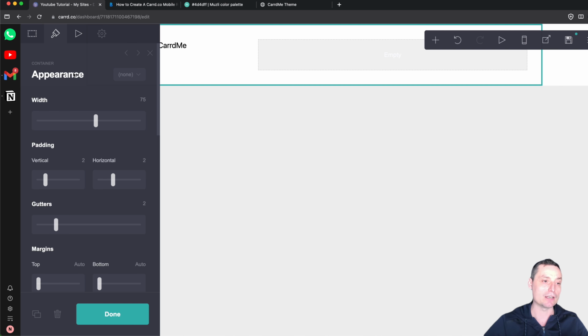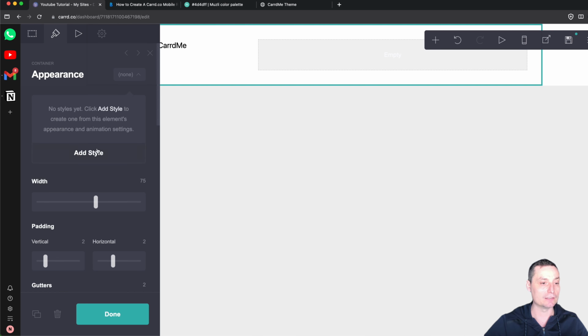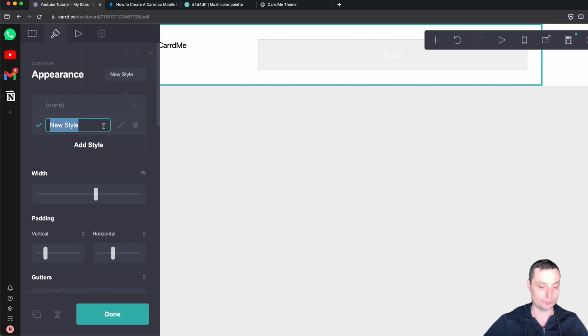If you modify the style, it will apply across all elements that you have. We're going to see exactly how this is working because we are going to use these styles for the containers, text and images to help us create our design and to modify it easily in case we need to. So in the appearance, let's add a header